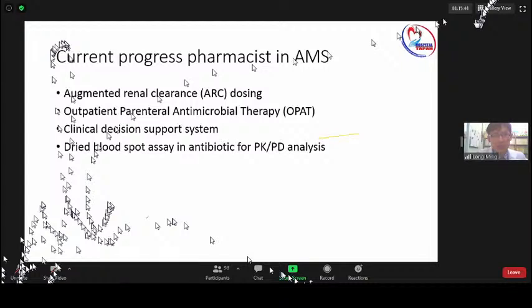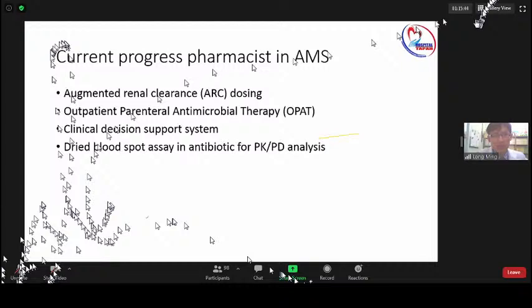The other thing is clinical decision support, where we use the internet or a software. Everything about AMS, from the dose, the treatment, to the TDM, you key in there. From there, it can give decision making, including whether the drugs need to be released from the pharmacy or not. This is an important strategy in other advanced countries. For us, we are using a pharmacy information system, which is still in an embryo state, so there is not yet any progress for this.